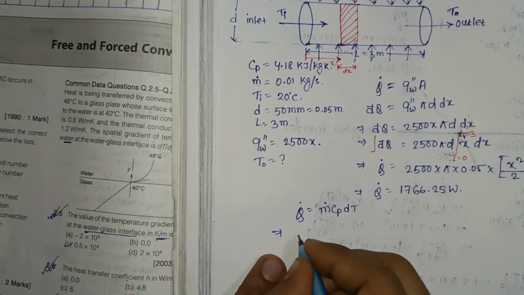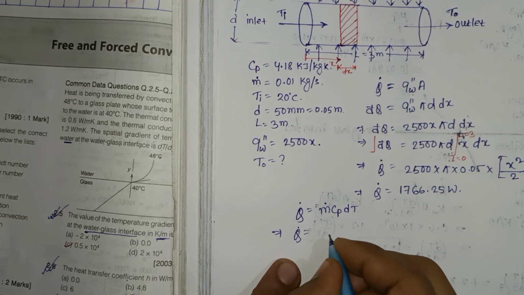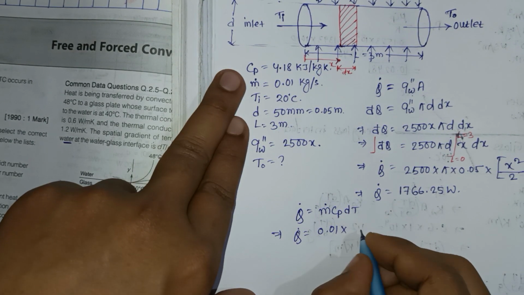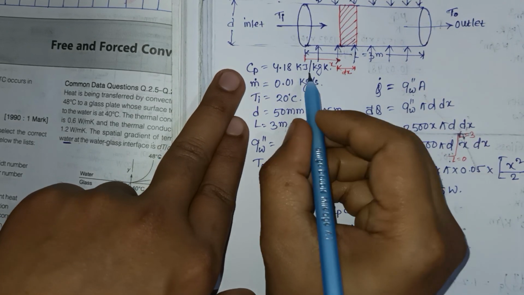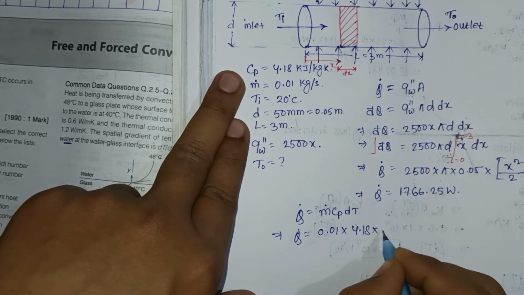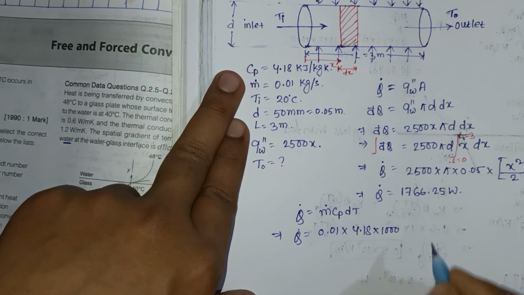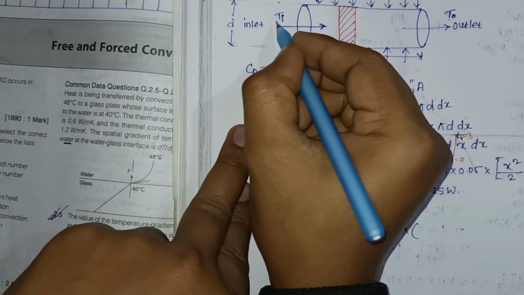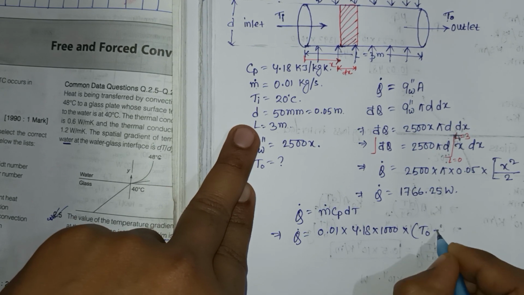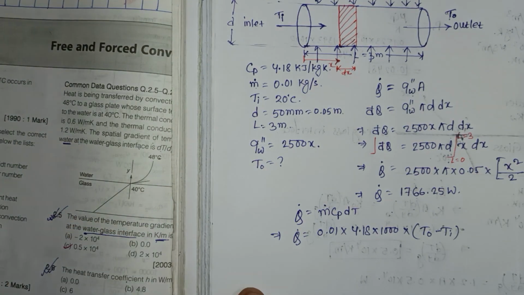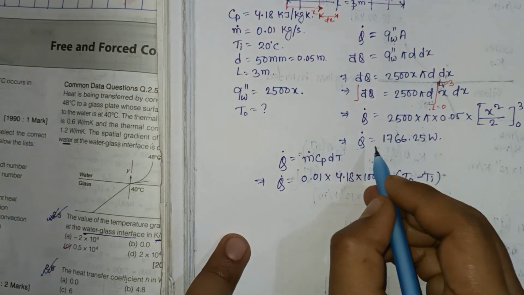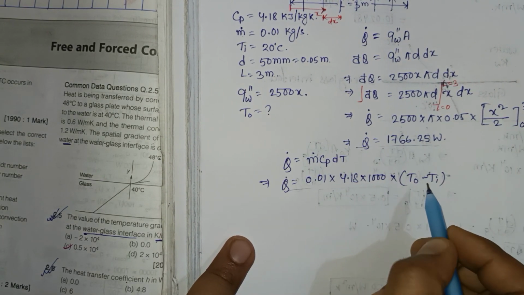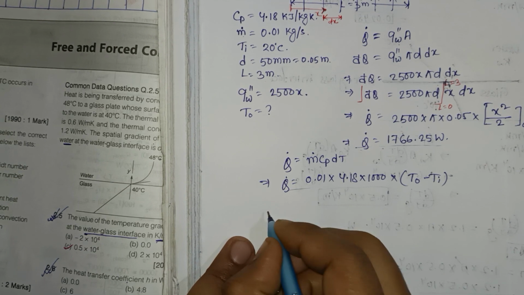So that is equal to q dot, that equals m. What is the value of m? 0.01 into Cp, that is 4.18 kilo. Kilo is given, that means multiply into 1000 into delta T. What is the value of delta T? That is To minus Ti. So if you equate this heat transfer rate, that is equal to this heat transfer rate, then